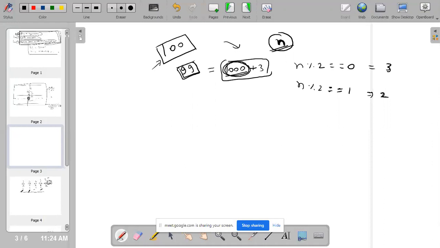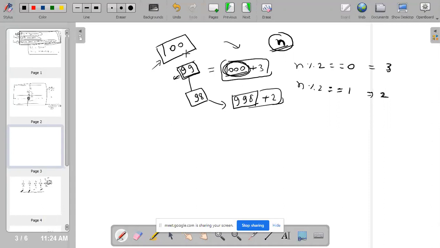So I would say, if someone can tell me how many ears we have for 98 bunnies, let's say 998, then I can say 998 plus 2 will be the total number of ears if we have 99 bunnies.